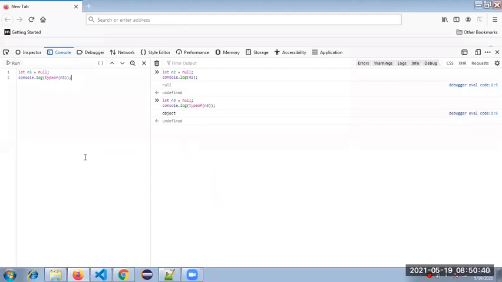Is string an object or a variable? String is an object, guys. Is array an object or a variable? Array is an object, guys. String is a predefined class. Class means we can create an object. Class means it's an object. So the object default value is null. So string is an object, the default value is null.